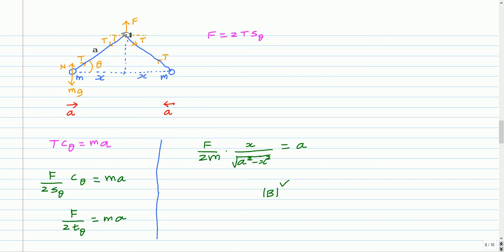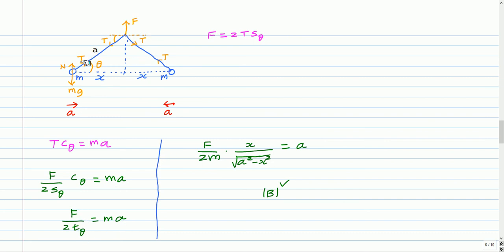Writing the force balance at this point, we get F as 2T sin theta. The angle theta here is the same as this angle theta. So the component of T which is vertically downwards is T sin theta, and there is one more T sin theta from the other side, so F should balance 2T sin theta. For the horizontal direction of this mass m, T cos theta is the only force acting, and it should be equal to m into a. From this we get the tension as F divided by 2 sin theta. Using that for T here, we get ma as F by 2 tan theta.